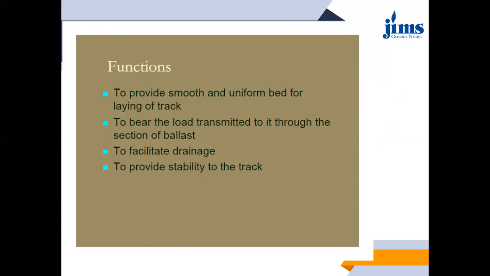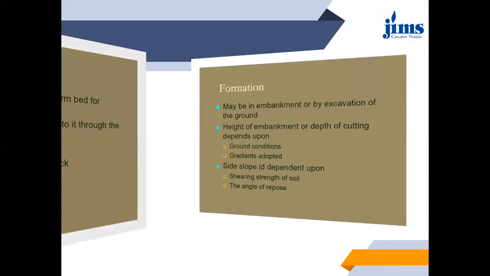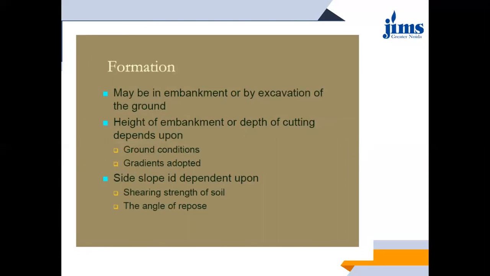See, the stability to the rails is provided by fastening devices and sleepers. The stability to the sleepers is provided by the ballast, and the stability to all these three components, that is rail, sleepers and ballast, is provided by the formation. So one by one, each structure is laid beneath another and provides stability to each other.